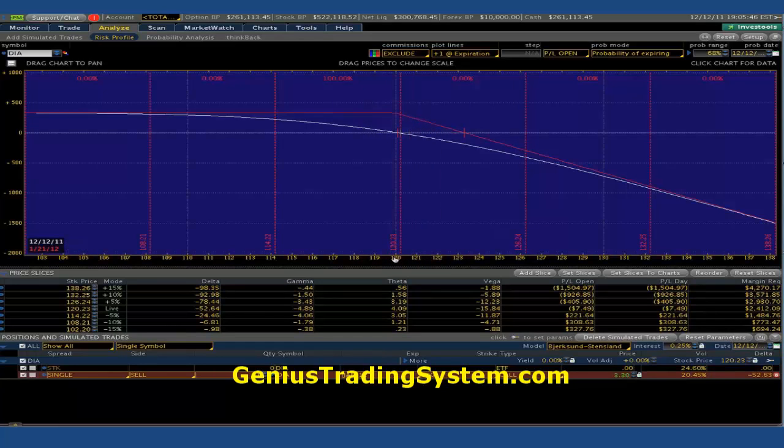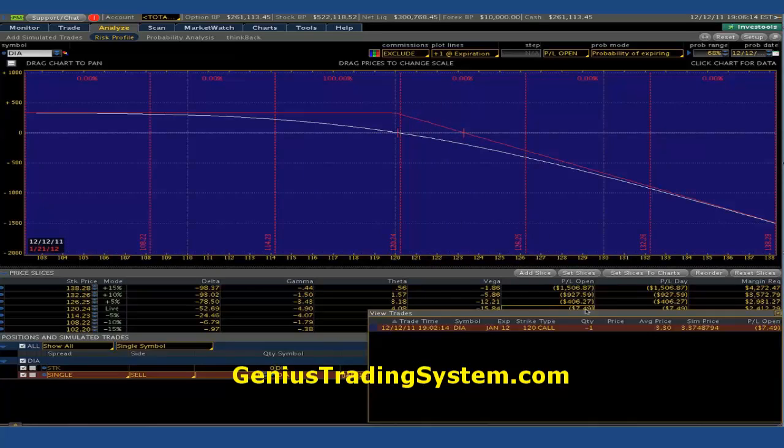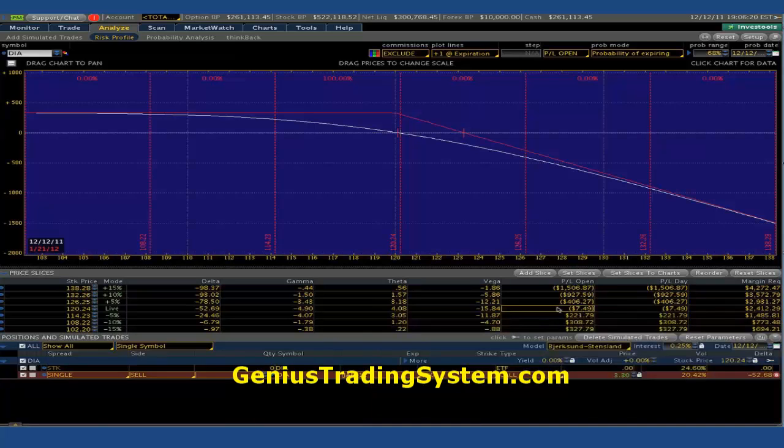So even if the market does not move, we should be able to gain our near maximum profit on this position as long as the ETF stays at 120, because we sold this option. And remember, any option out of the money at expiration expires totally worthless. So let's increase the date here and see what happens to the profitability of our option. There's two things that we want to watch. Number one is we want to watch our current P&L open